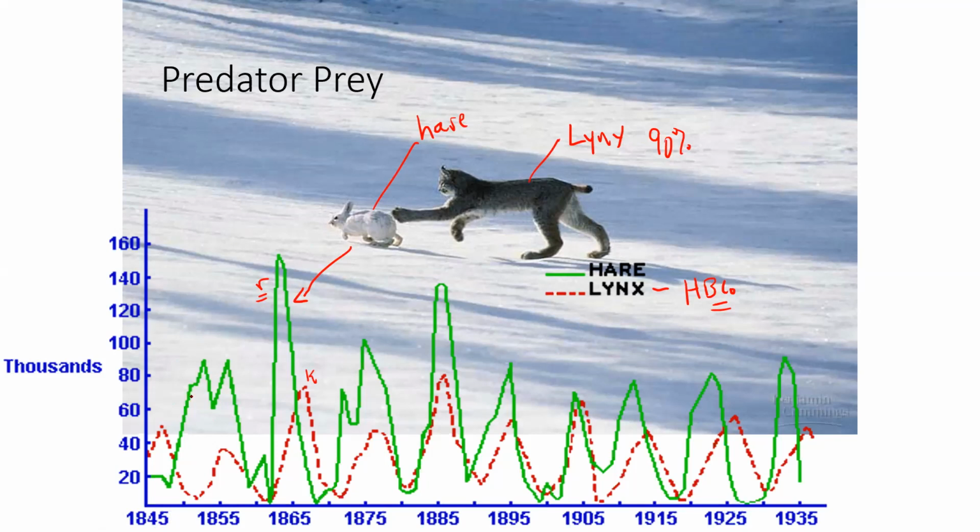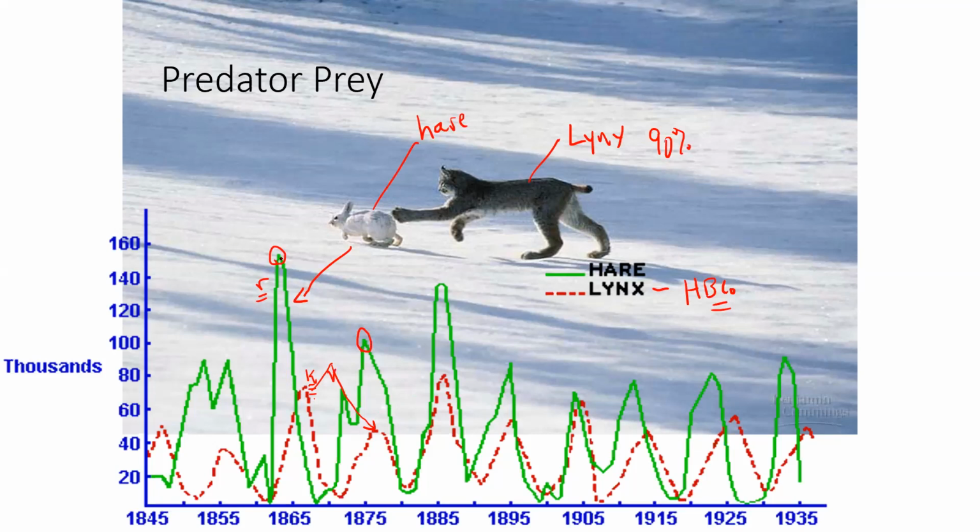Also notice what happens here. The lynx population, because its biotic potential is a bit lower, follows a few years after the r-selected population. So it's always a bit of a lag. The hares peak, and then a few years later, the lynx peak. So that's something we can get out of this graph. We can also see that the populations significantly fluctuate in response to each other.